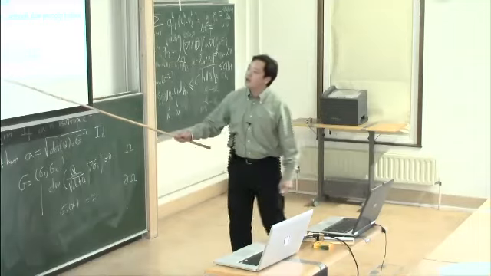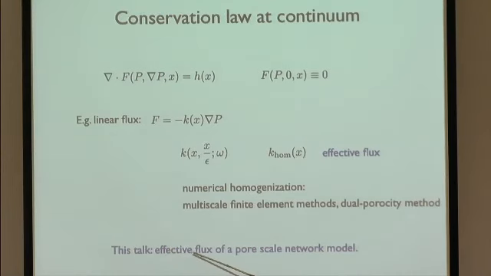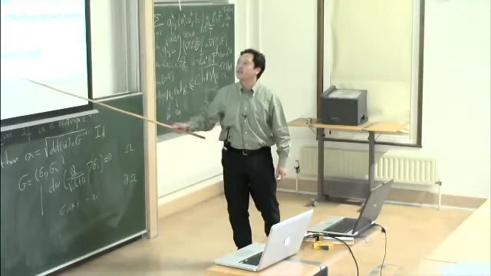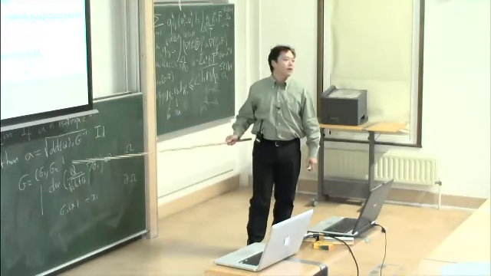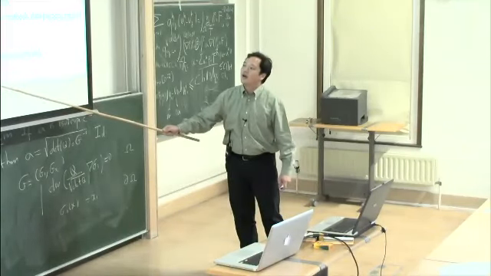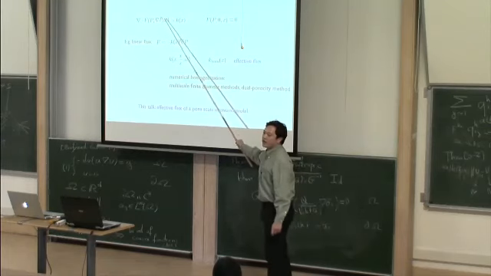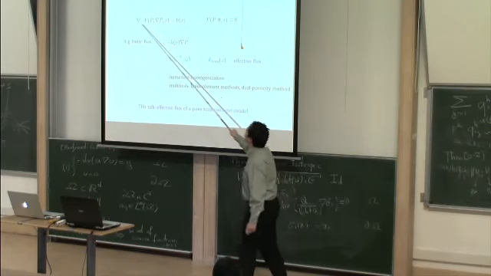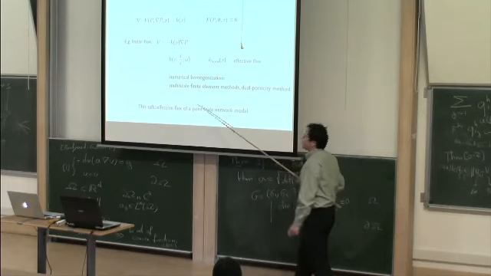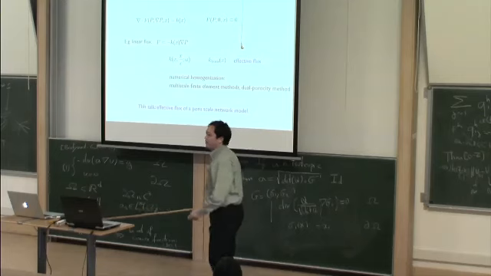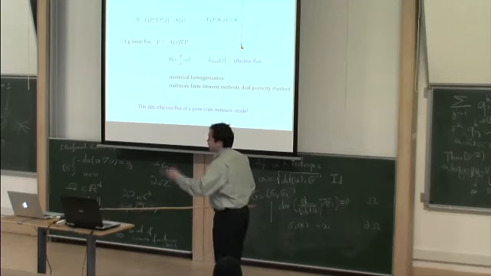So in this talk, as I mentioned just in the previous slides, is related to computing the effective flux, or evaluating the effective flux, of a network model that's defined at much finer scales. And then we're going to use the evaluation of such an effective flux to solve this conservation law. And then we're going to couple the pressure that's found by solving such an equation back to the network model in order to evaluate the effective flux. So there's a circle, and the flow of information